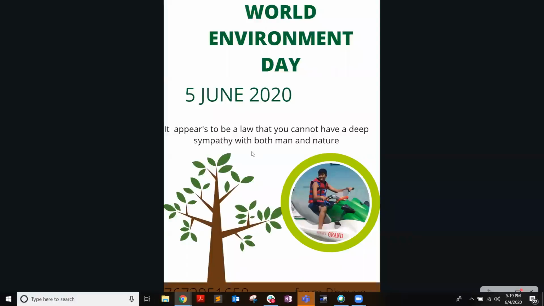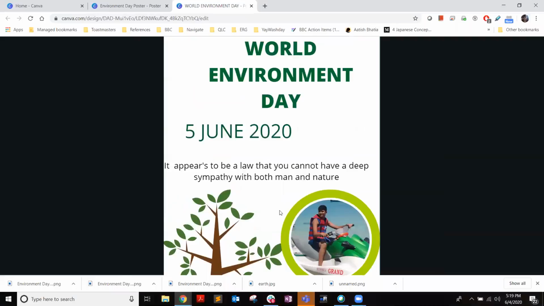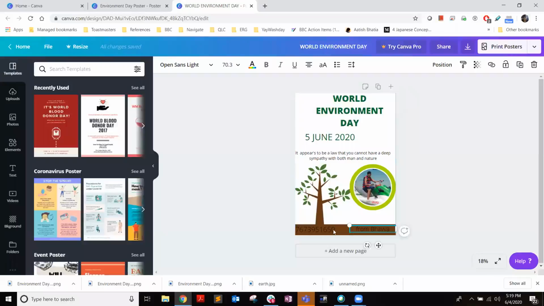quote which you've added. Also, this circle, it's nice that you've chosen a green color, but this is overlapping the leaf over here. Okay, so I'll crop it. That could be worked upon. And also this size and this font size, they are not matching. And a black color on a brown color is not looking good. Maybe you can make it a lighter color. So quickly do these, and then later, whenever you get time, send it on the WhatsApp group. Okay.